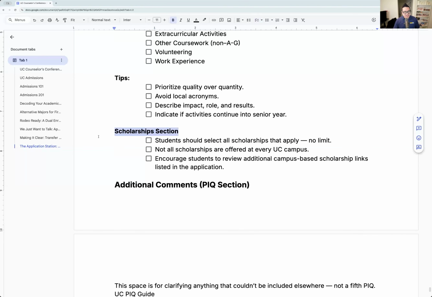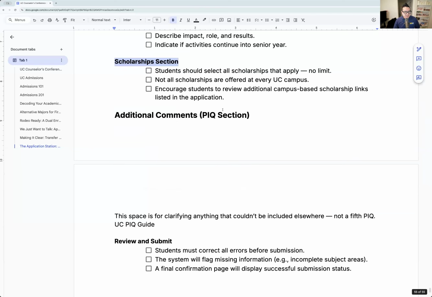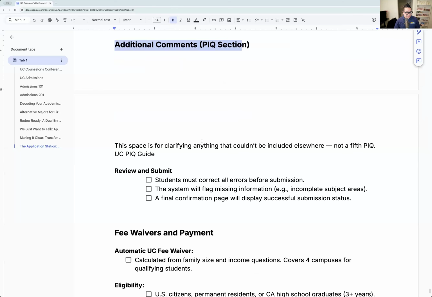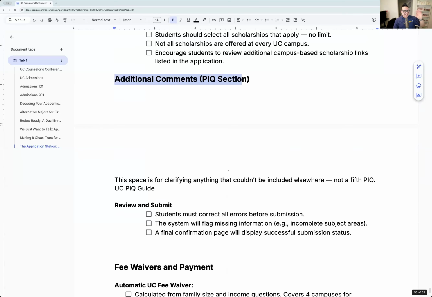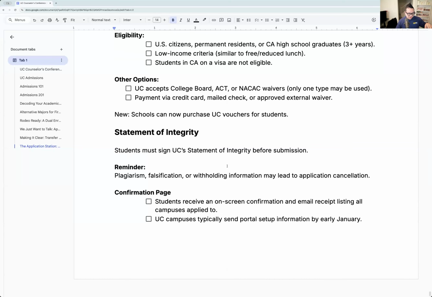There's a scholarship section. Not really. It's more like select everything that matters, and they'll explain to you. They'll send you some freebies if it applies. And the essay question. Oops, did I miss the essay? Oh, I forgot to write the essay. There's an essay section. I really missed it.